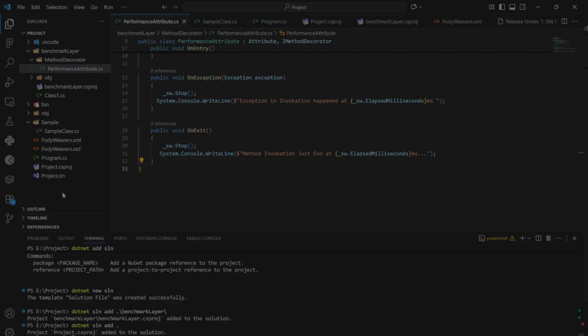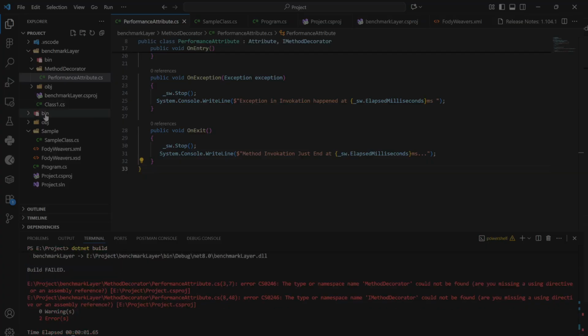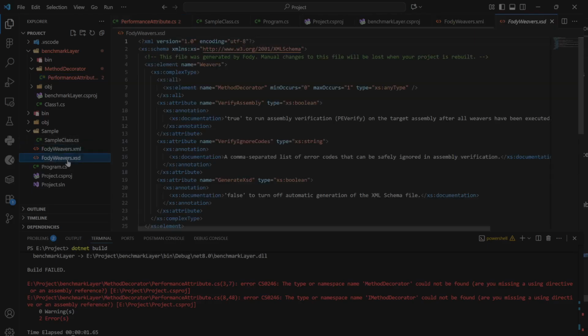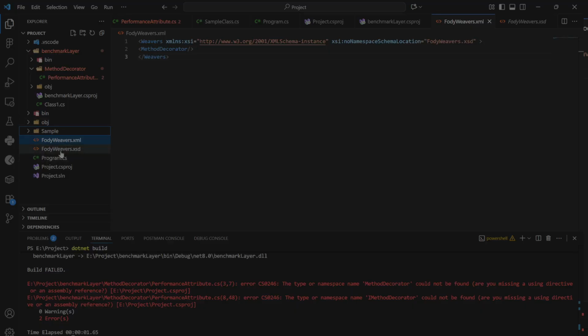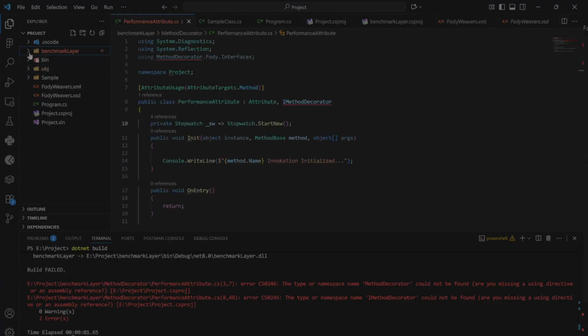Okay, we added the project CSproj to the SLN. This makes it easier to build all the layers. So dotnet build, building all layers at the same time. As you see here, it generates the Fody behaviors on the sample project. That is not true. So, benchmark layer,